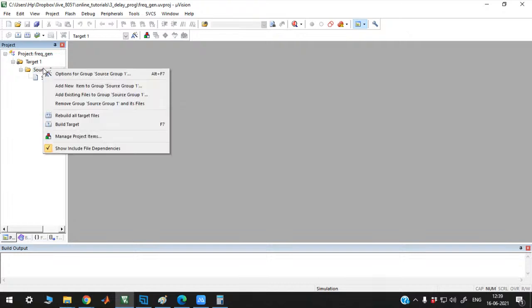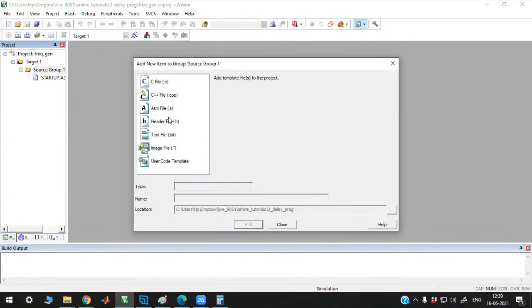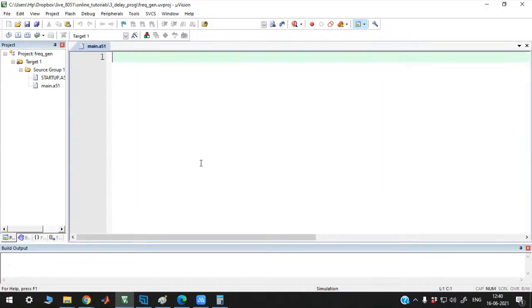Okay, so let's create the assembly file. We'll go to add new item, and we'll create an ASM source file, and then we'll write the same source file as main program, and then add. So here comes our main program. First of all we'll type ORG 00h, so it indicates we are starting from the 00 memory location. And then remember, because we have to repeat it again and again, we are transferring MOV P1, #